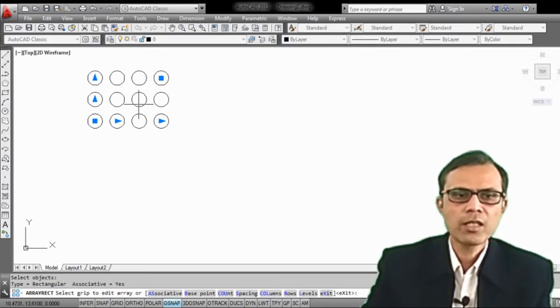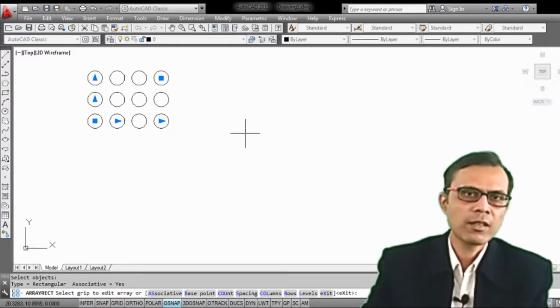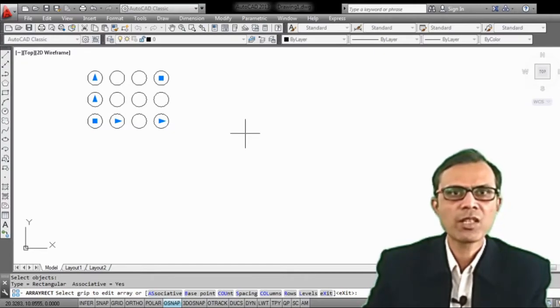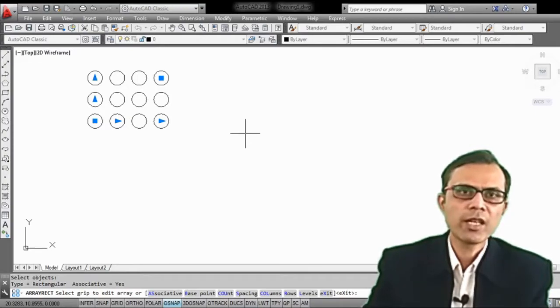Now here you can see numbers of rows and columns are created for the same object. There are 4 columns and 3 rows. These numbers are taken by default because in previous drawing these are the values which might be given to create this rectangular array. We can also change these numbers of columns and rows.